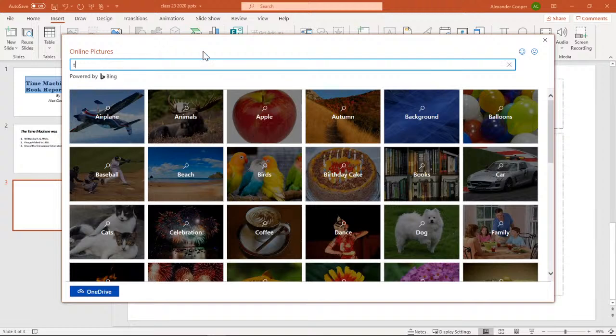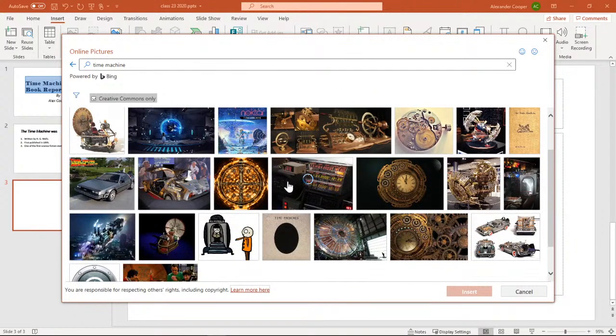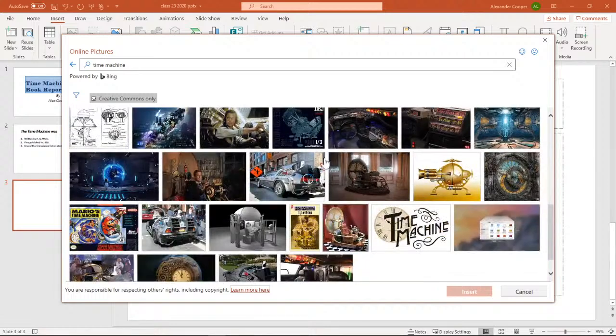So if I say time, it has a checkbox that says Creative Commons only. So the idea of this is, instead of just going to Google Images or Bing Images and just copying a picture, which could be copyrighted. Mostly I'm talking about a product that people sell, and it's based on a movie or something. I could choose some of that. This is like some artistic fan art going on as well.